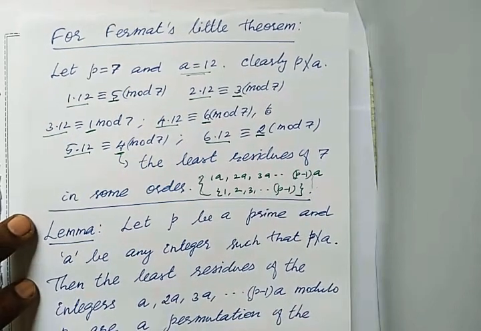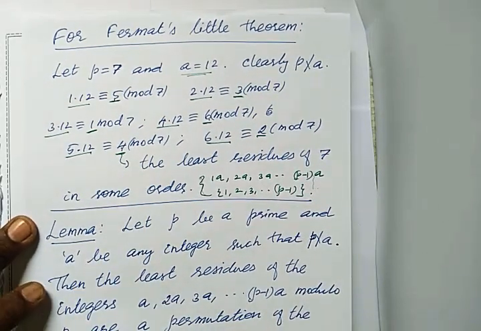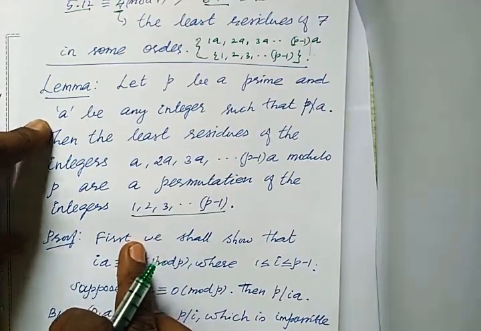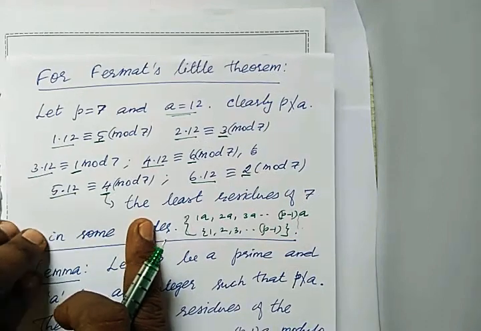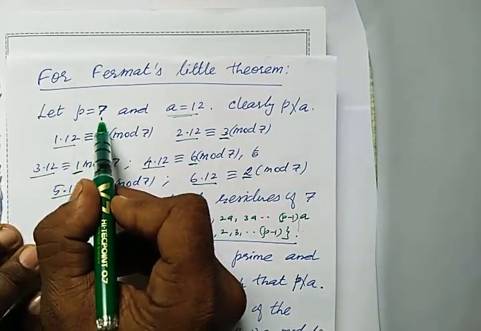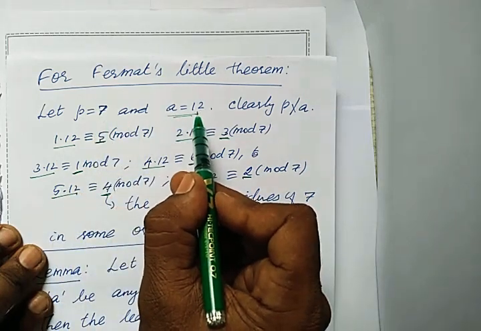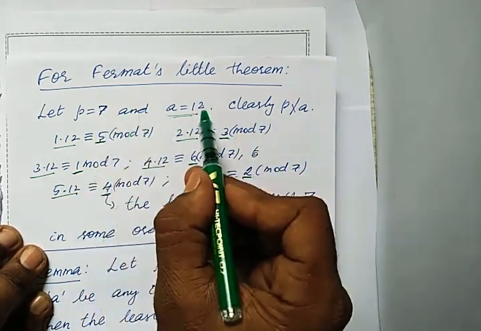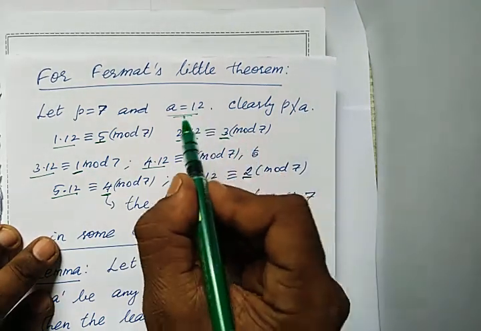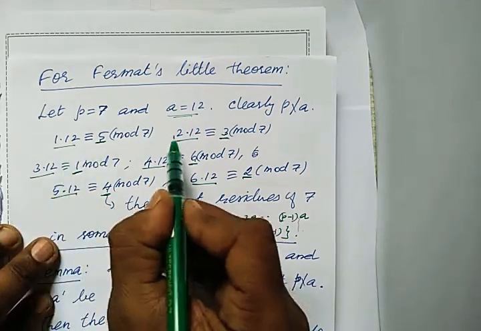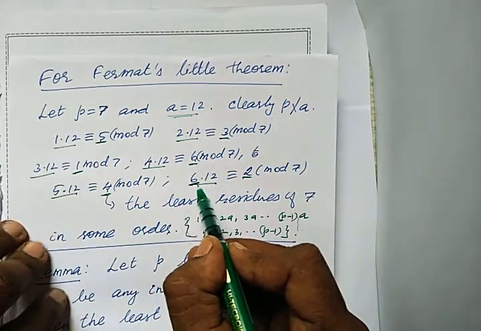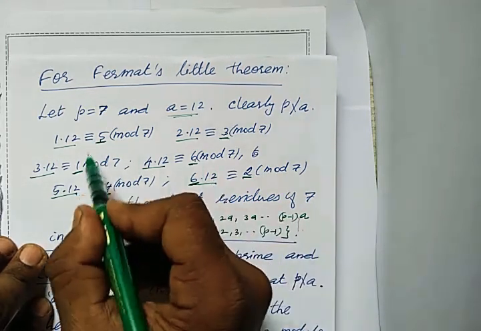Dear students, let us see Fermat's little theorem, some concept and a lemma and then the theorem. In the last session we saw this one. Let P be a prime number 7 and A is some 12. Clearly 7 won't divide 12, P does not divide A. And we go for 1 into 12, 2 into 12, 3 into 12, etc., up to P minus 1, 6 into 12, and we find the remainders